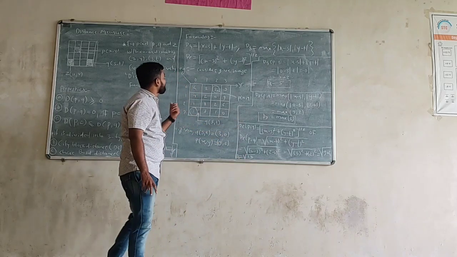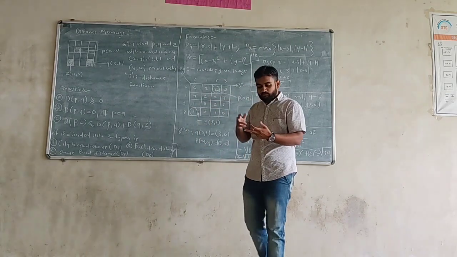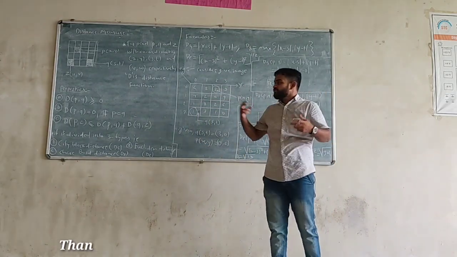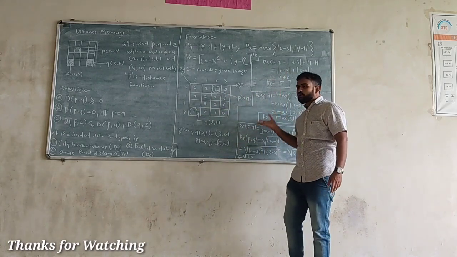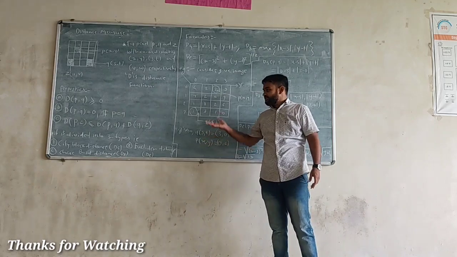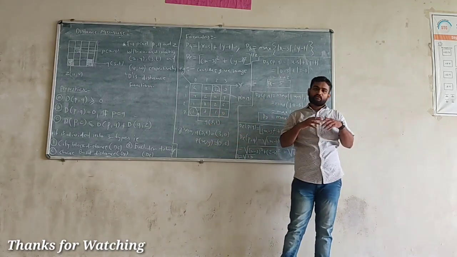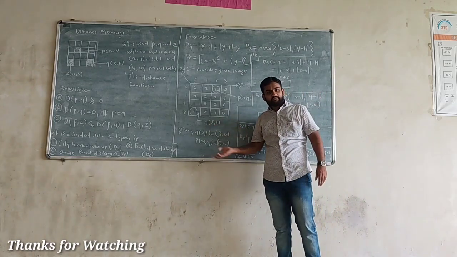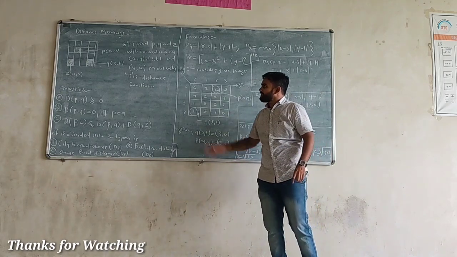So this is nothing but the distance measure, where we can find the chessboard distance, city block distance and Euclidean distance between 2 pixels or 3 pixels by using the formulas of city block distance, chessboard distance and Euclidean distance. In the further videos, we are going to start numerical problems on digital image processing on the first unit. In this video, we have studied in detail about the distance measure.